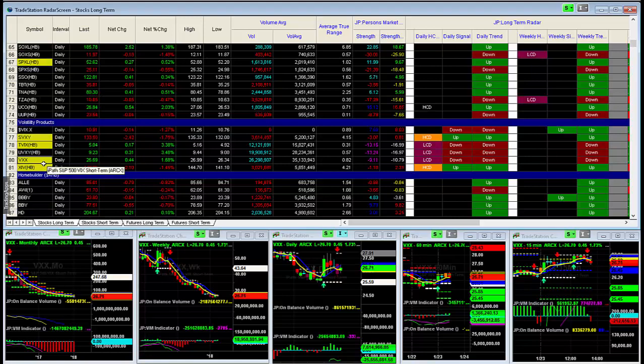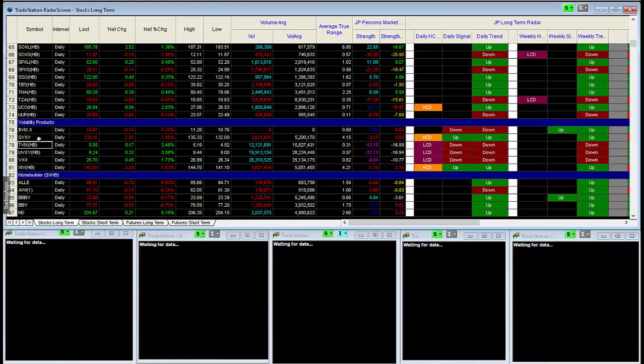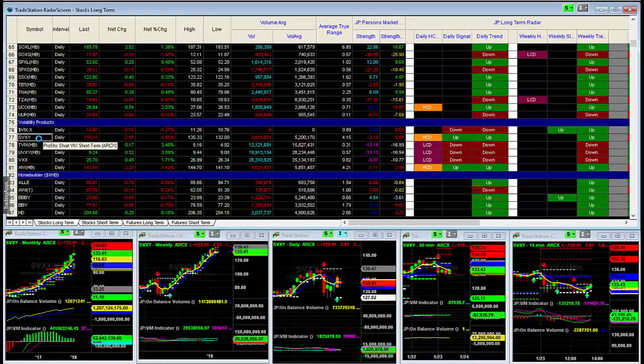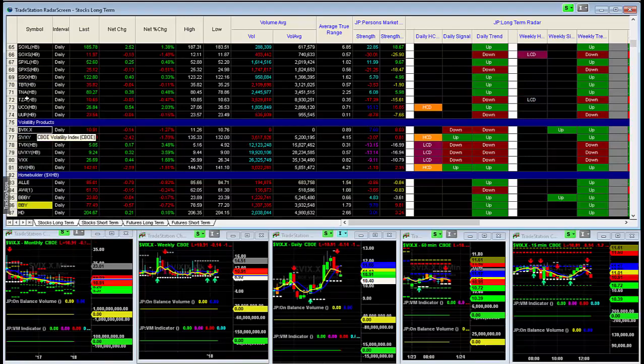It trades off the VIX futures. TVIX and SVXY are all short-term volatility products that we can trade. On a side note, many of you already know that the volatility index is just an index. As you notice here, there's no volume because it does not trade. It's not a tradable product. That's what these products are for.